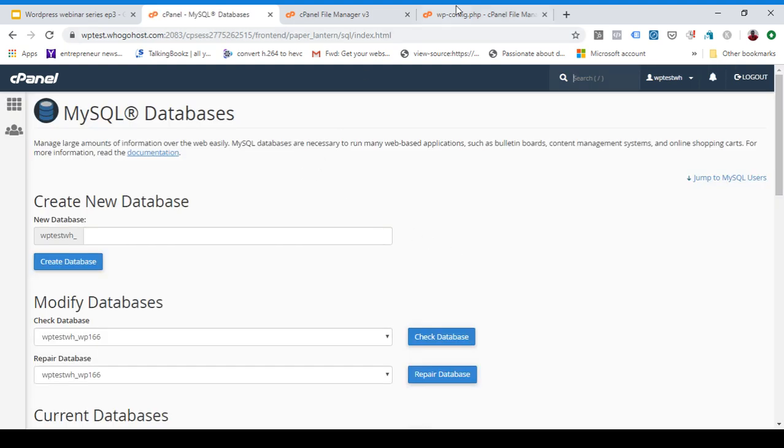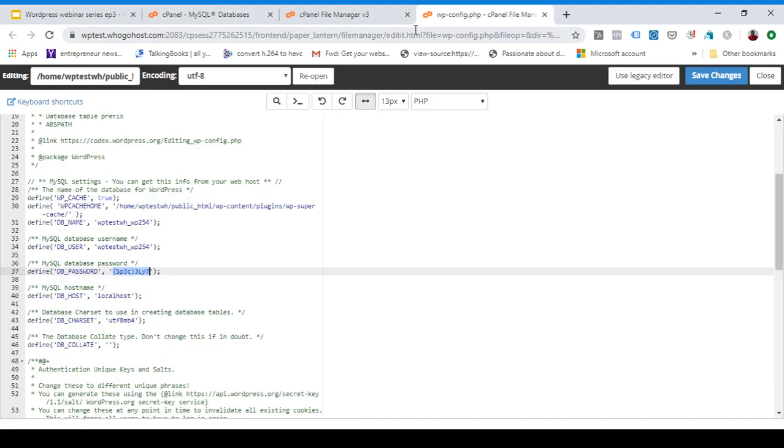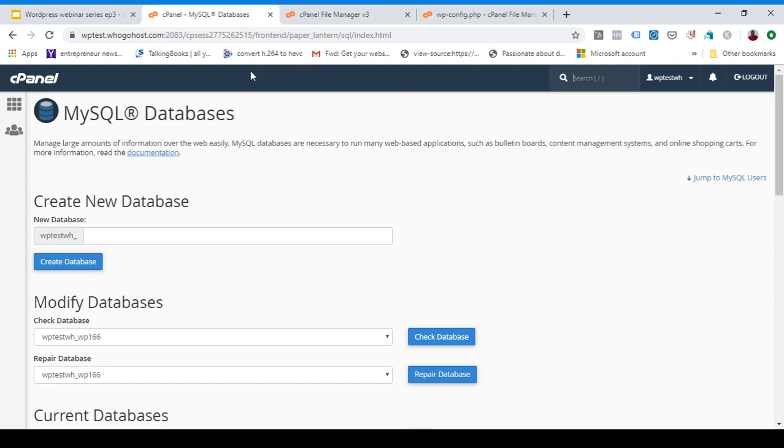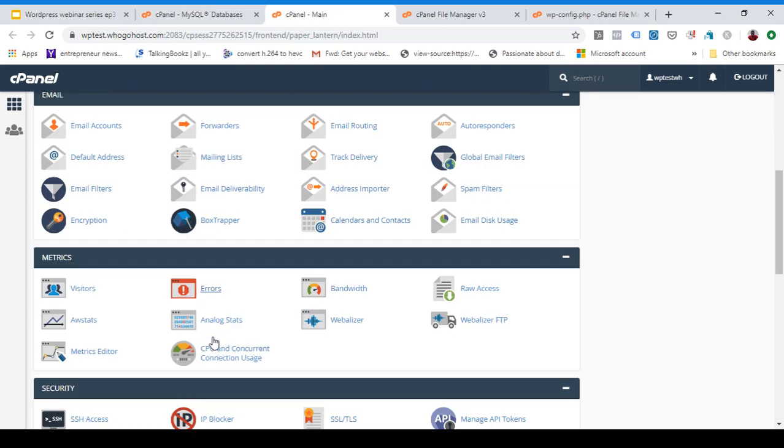So I've automatically changed the password. In most cases, this would fix it. But if it doesn't, and I'm still wondering why I'm still having this error, what you can also do is